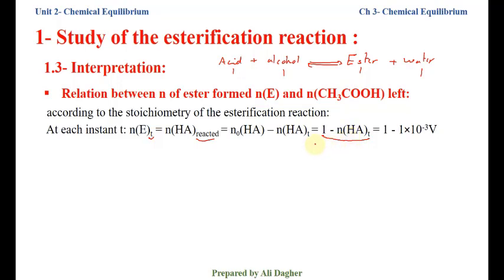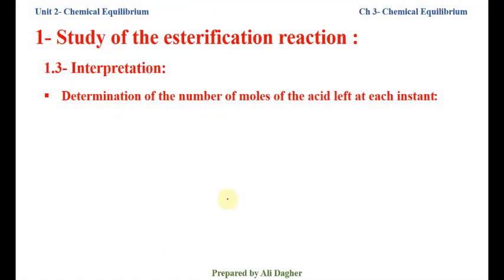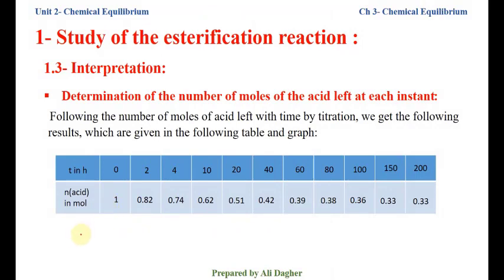Using this relation, we can complete this table by calculating the number of moles of ester formed in mole. 1 minus 1 equals 0. At t equals 0, the product is not formed. After 2 hours, 1 minus 0.82 equals 0.18 mole. This is the number of moles of ester formed. At 4 hours, 1 minus 0.74 equal 0.28,